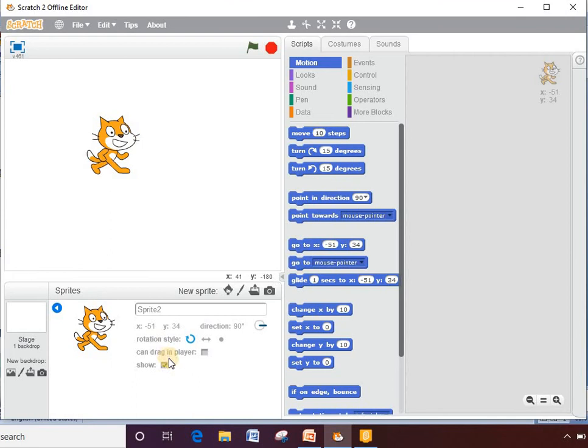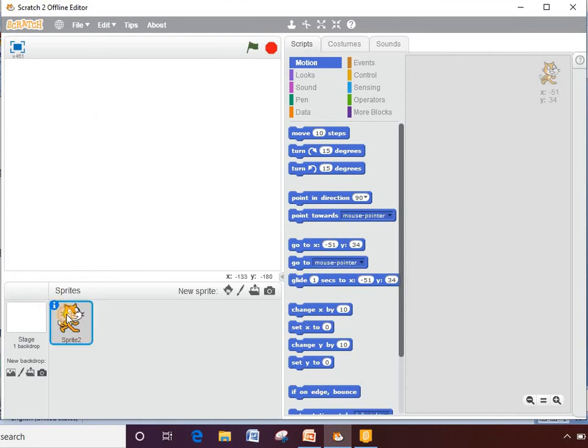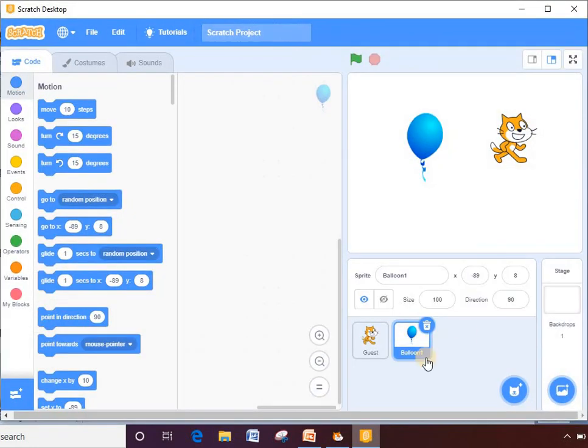just clicking on the info and we are hiding this. Okay, and then shift and click. So this is the use of that show button. Okay, see, in Scratch 3.0 also,